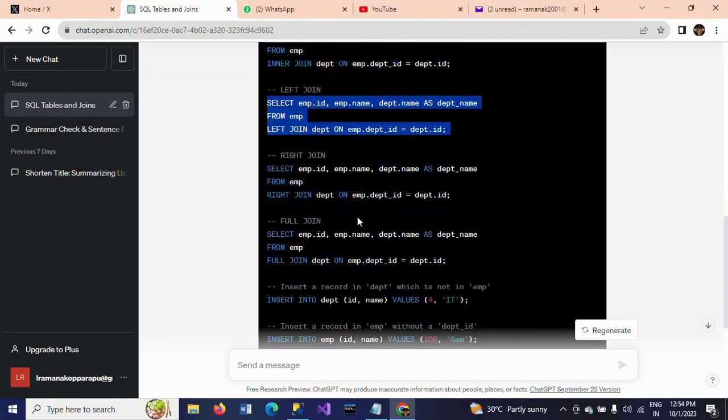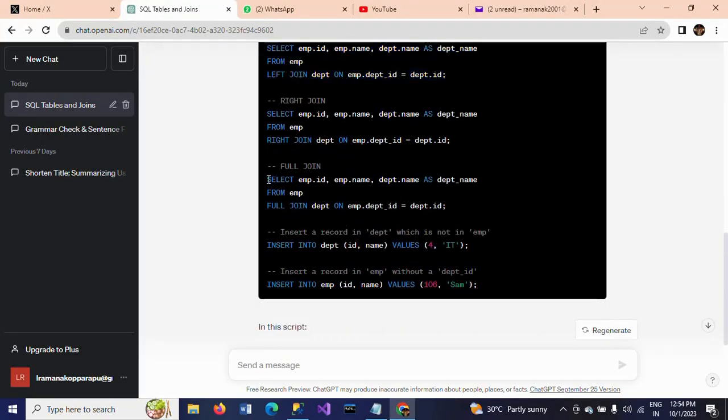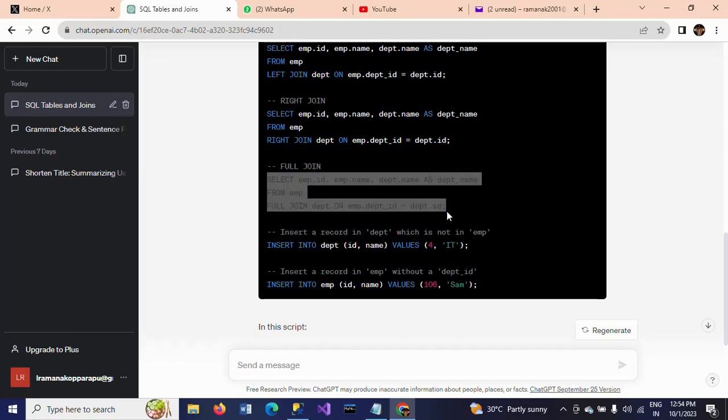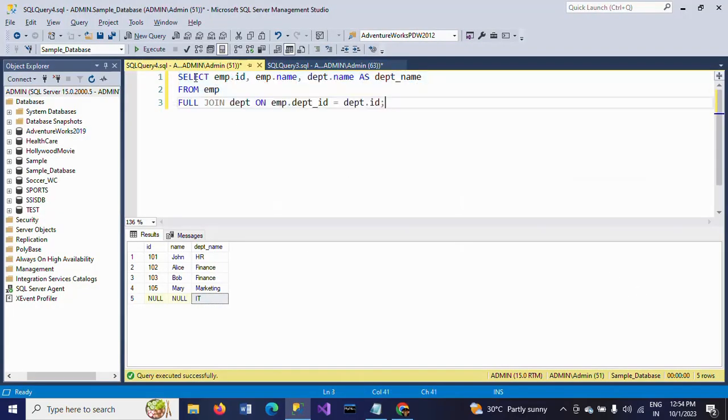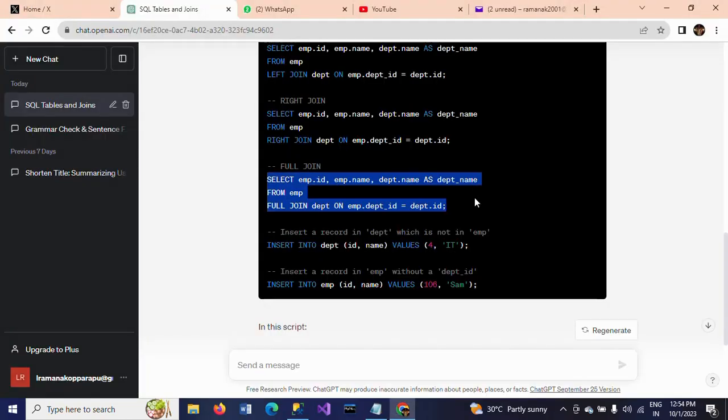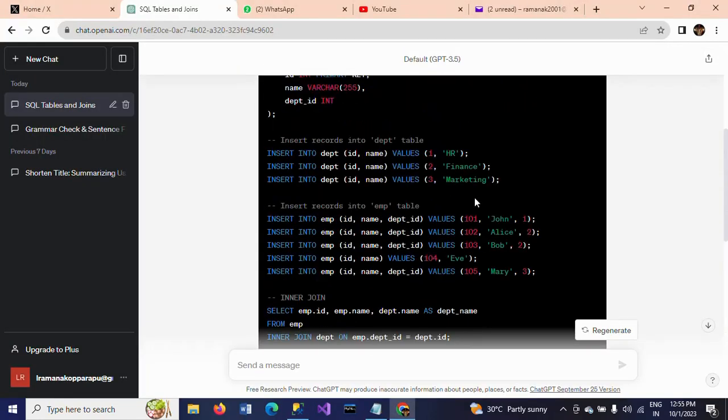So if you go to the full join, full join picks all records from the two tables, irrespective of matching or non-matching. So it will take all records from the two tables, including the null values in the employee table and null values in the department. So the main intention of this demo is that ChatGPT helps to create your SQL scripts as